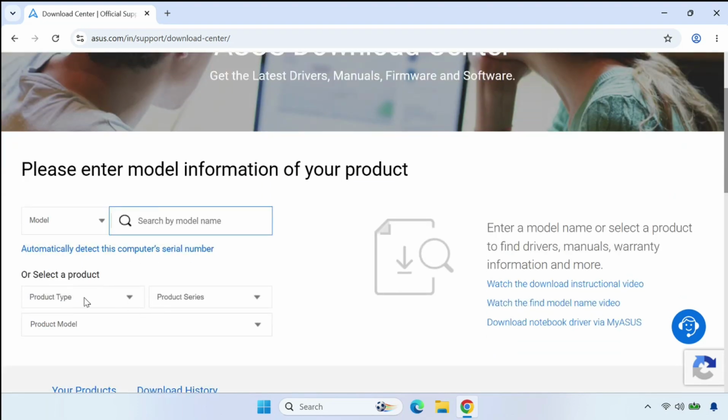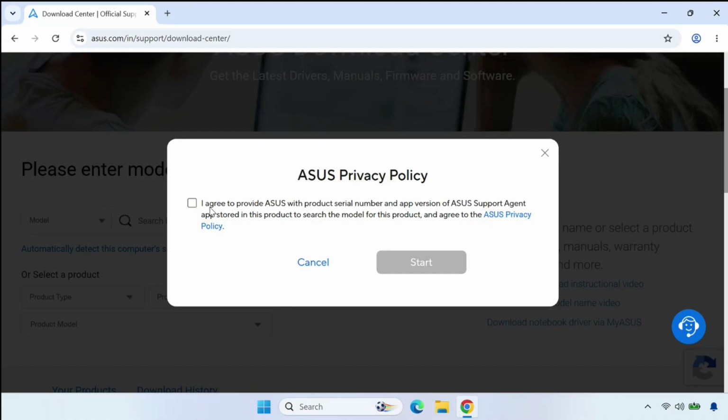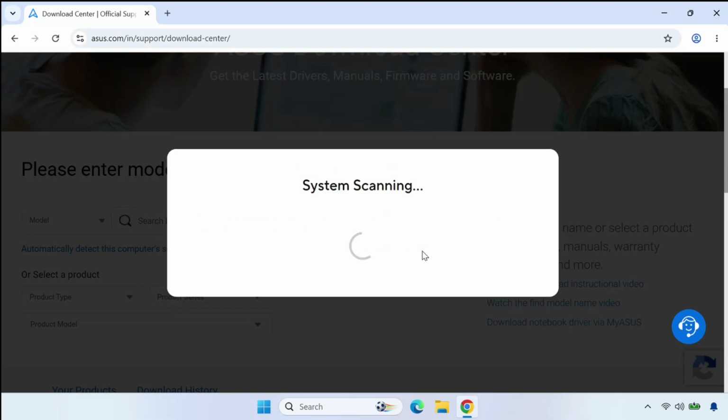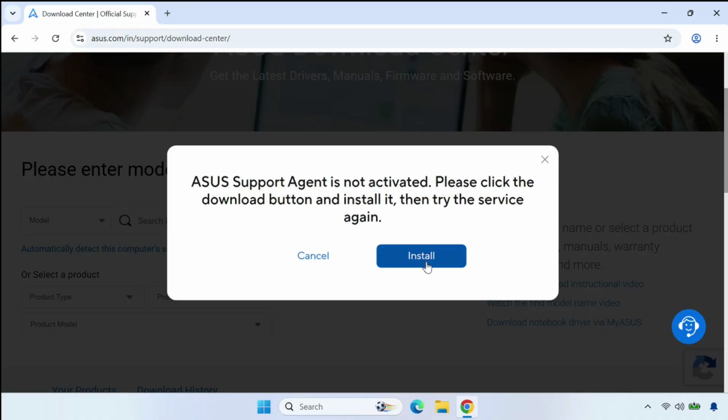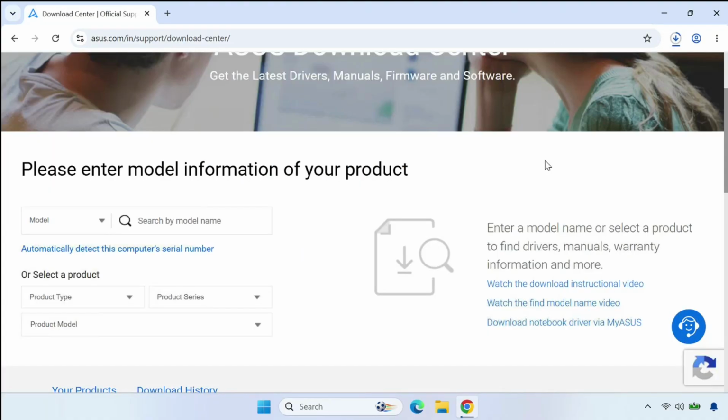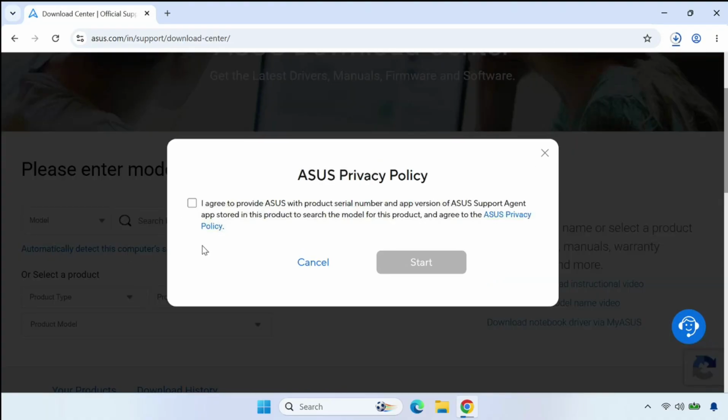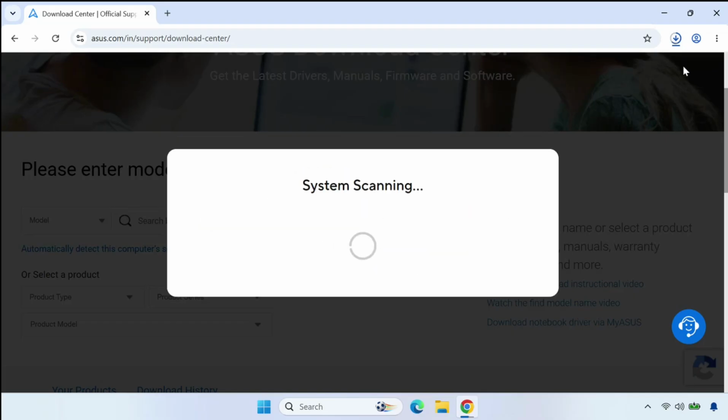Okay, this is via product, and you can automatically detect the computer. Agree to this and click Start. After that it will scan and detect the system which you are using. Okay, now because of this the system will require this product,